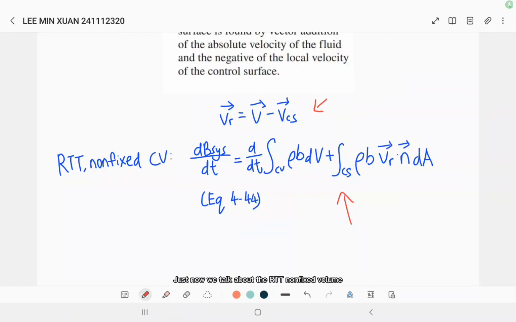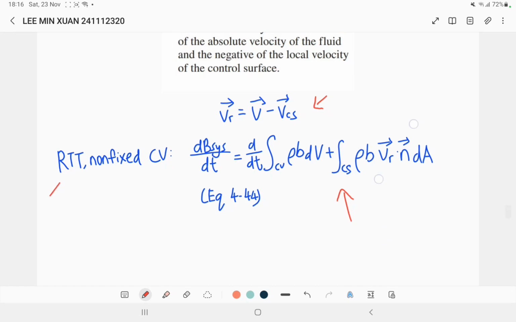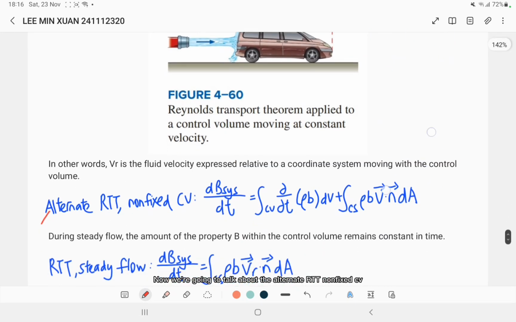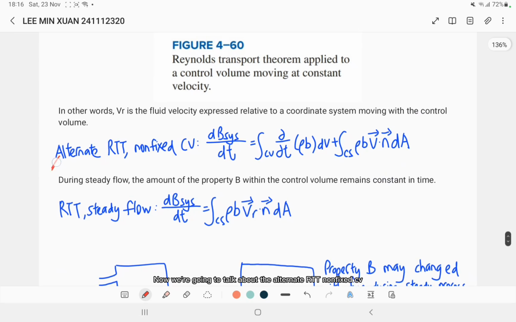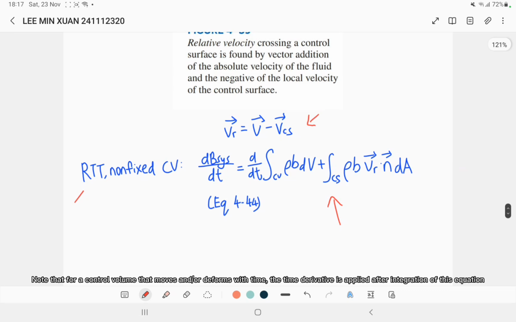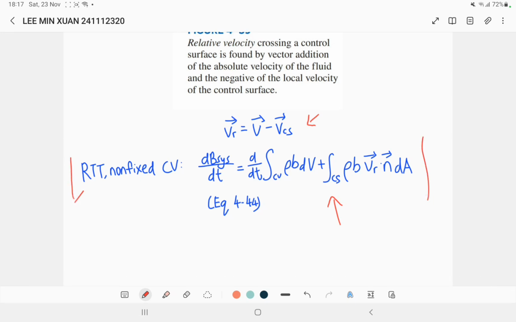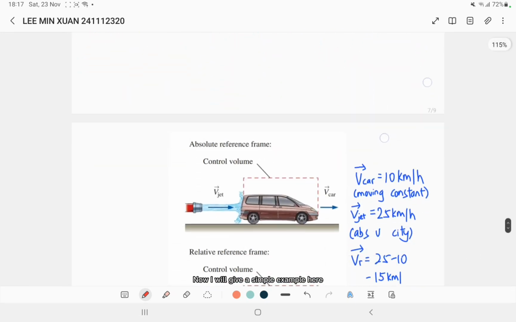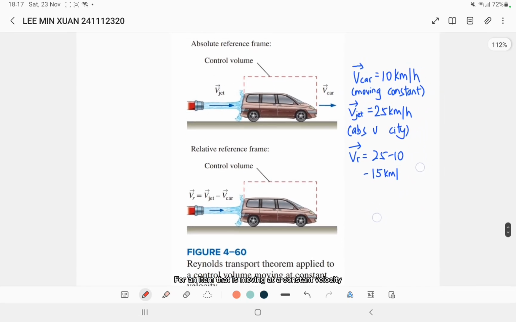Just now we talked about the equations of RTT for a non-fixed control volume. Now we are going to talk about the alternate RTT for a non-fixed control volume. Note that for a control volume that moves or deforms with time, the time derivative is applied after the integrations of these equations. Now I will give a simple example here for an item that is moving at a